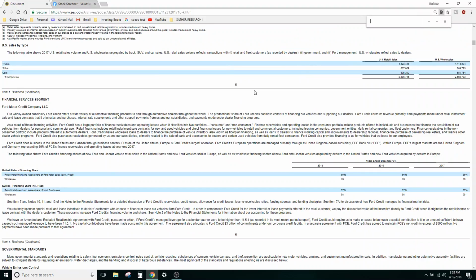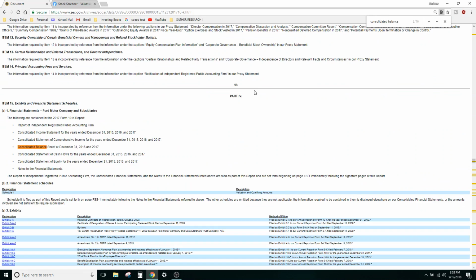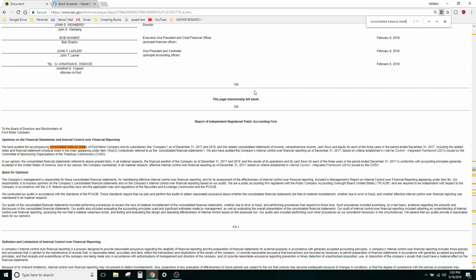And the hard part's looking through the 10K statement and figuring out where those values are, because as you can see, this is over 100 pages, right? Real quick, I don't believe I mentioned this before, but the reason why I write down consolidated balance sheet